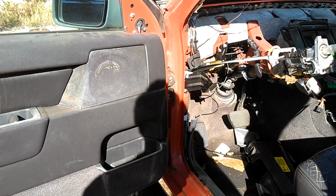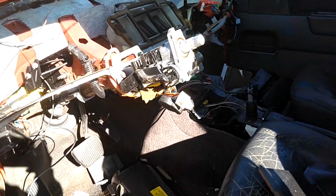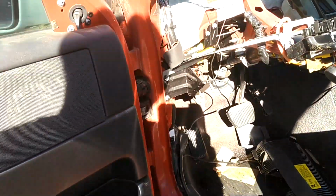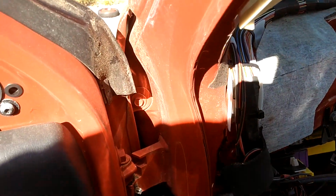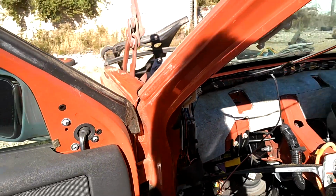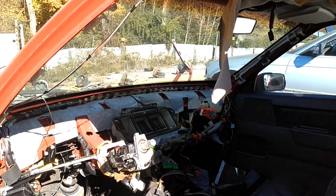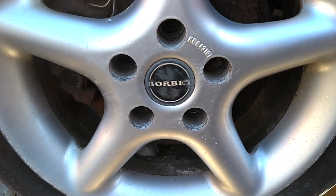Here we are, folks, about to dismantle a little bit more. I'm gonna grab a couple of blend door motors, and I'm gonna grab some clips for securing the fenders on, stuff like that. Grab a hinge over that side for the hood. Those wheels are Borbits,